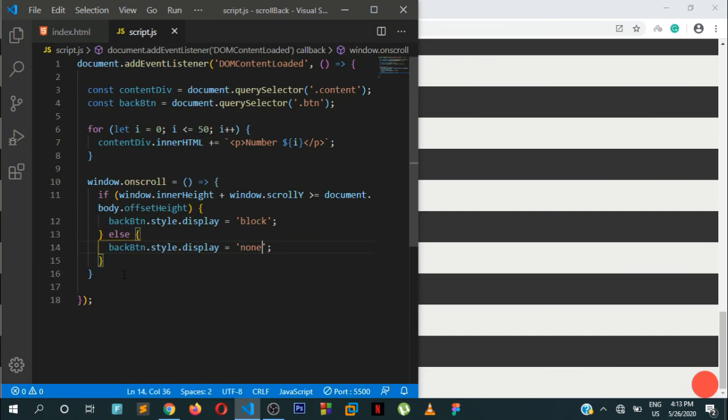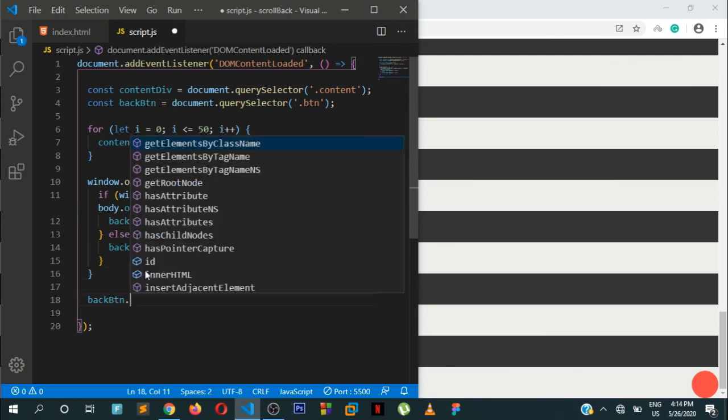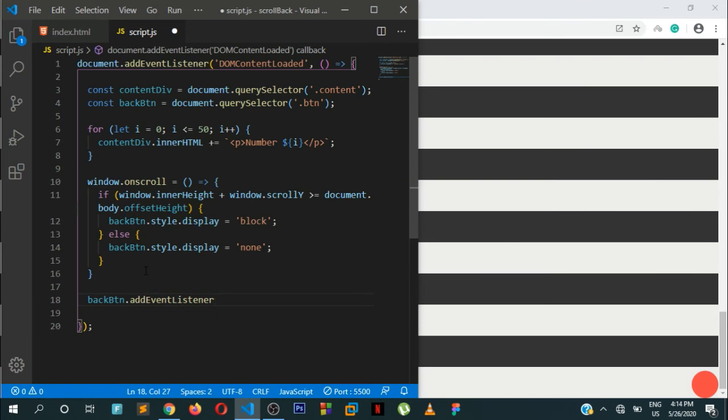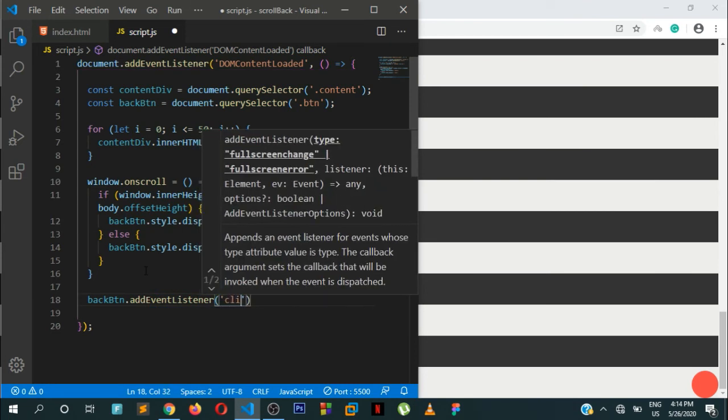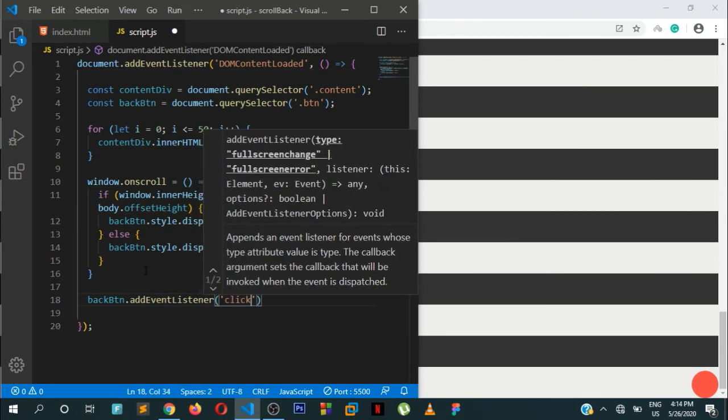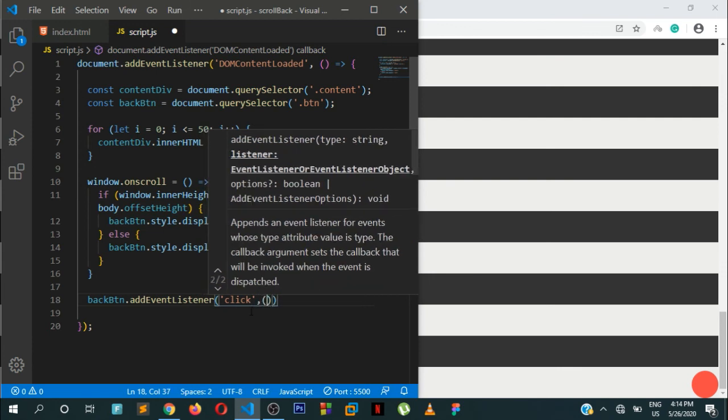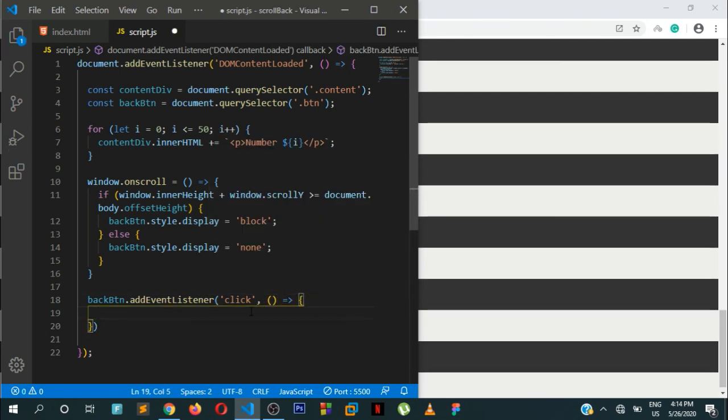Now let us add some functionality. When the user clicks on the button, it takes them to the top. So we shall get our backBtn and add an event listener called click. So we shall say backBtn.addEventListener, and I'll use an arrow function as the callback function. So when the user clicks on the button,